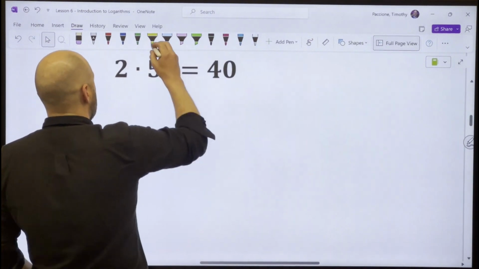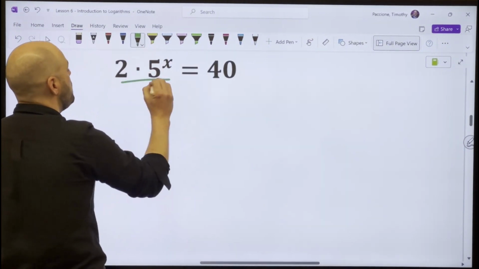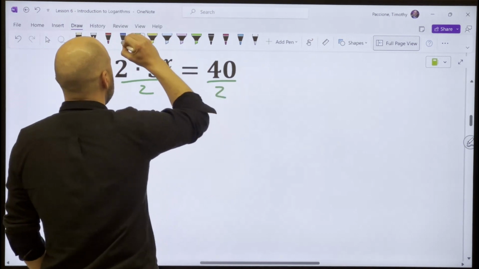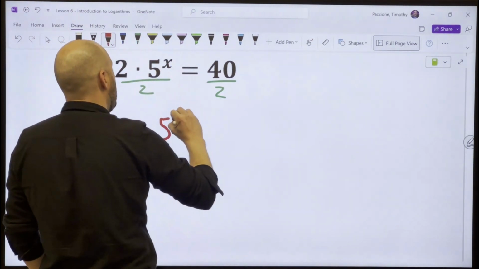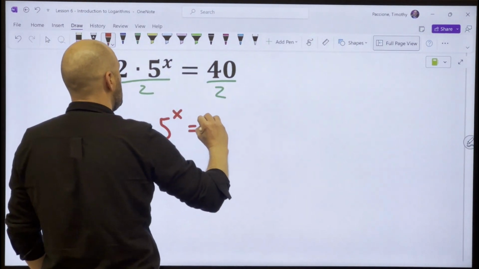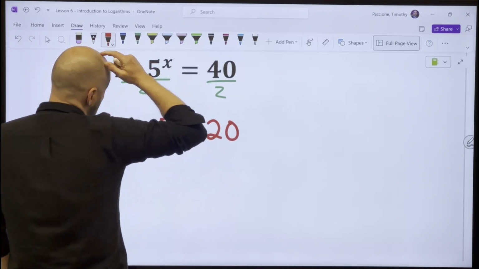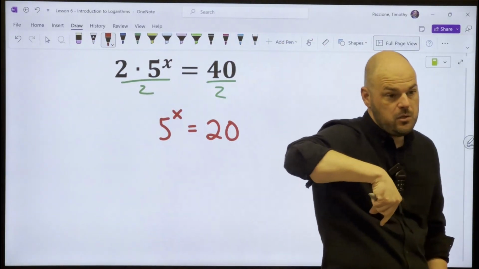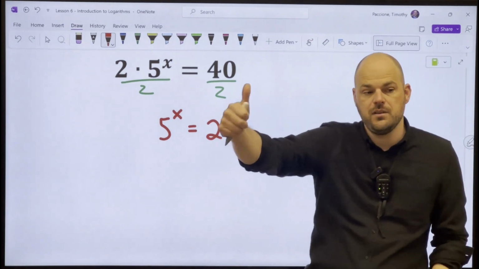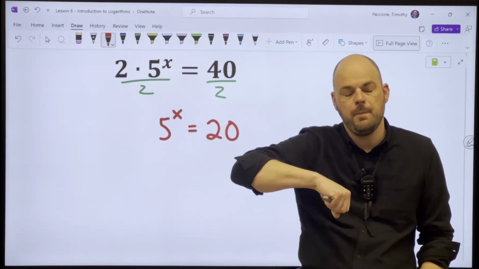Well, it looks very similar, so we're going to start with the same step. I'm going to divide by 2, and I get 5 to the x equals 20. So I think, well, the teacher said if you write them as 5 to the something and 5 to the something, then you'll be in good shape. However,